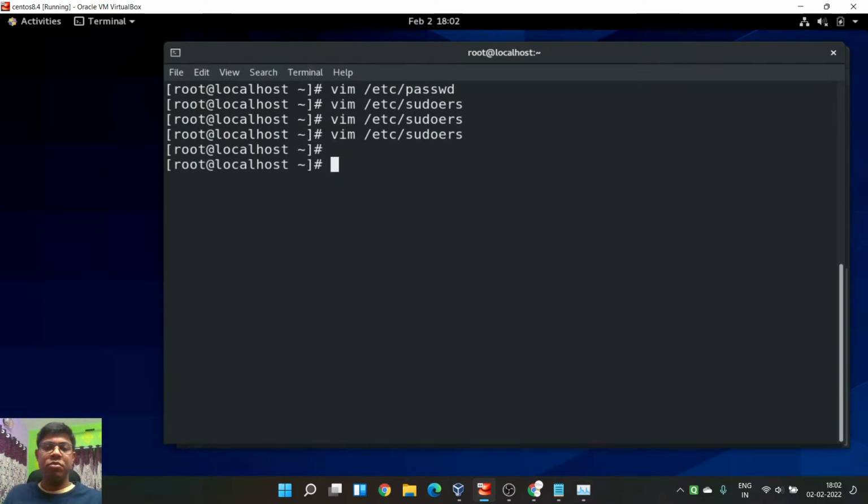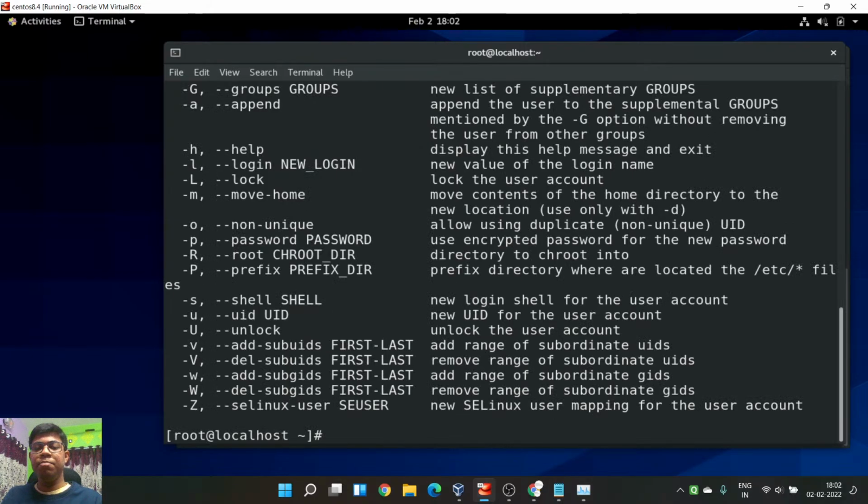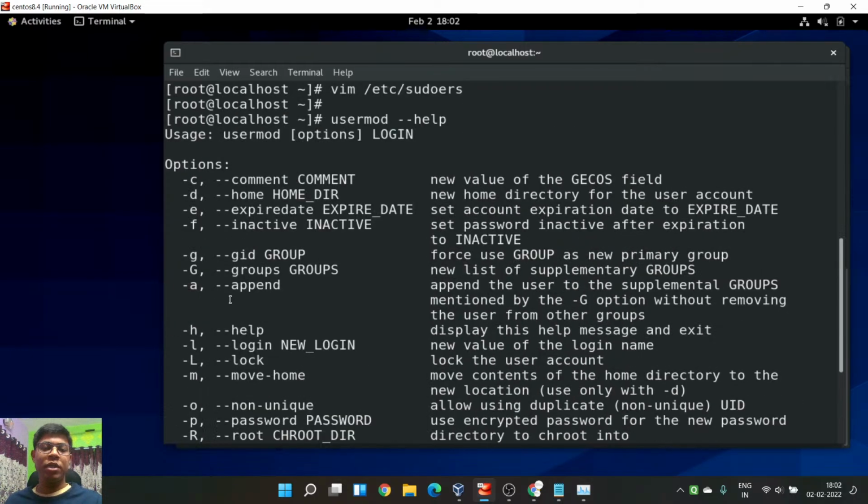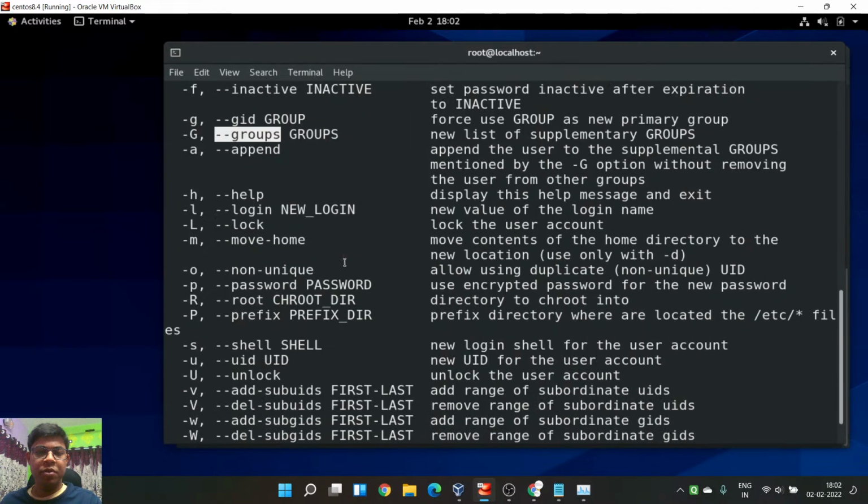Very easy. Like usermod, you know this command, usermod, then adding the group. For adding the group, what do we do? I think most probably big G. So let me quickly check. Yeah, groups. So G, new list of supplementary groups, and adding. All right. So here, let me check actually.